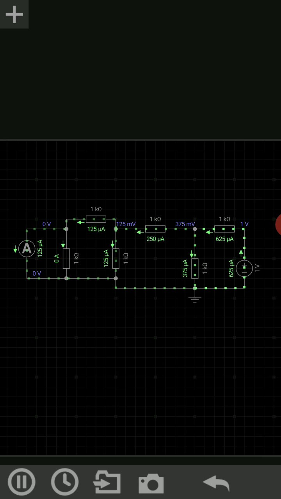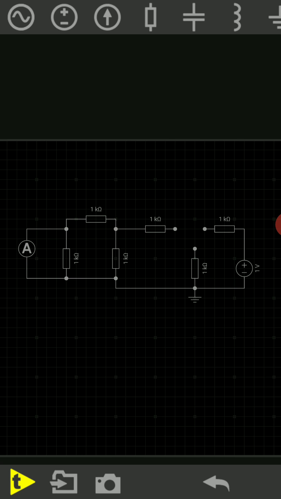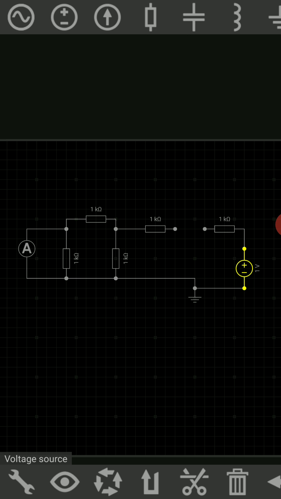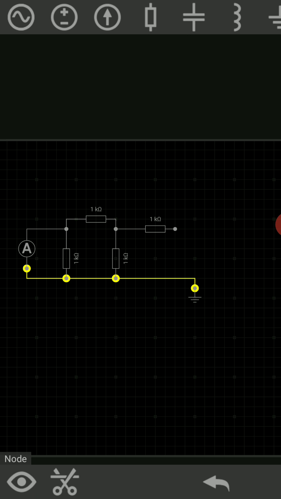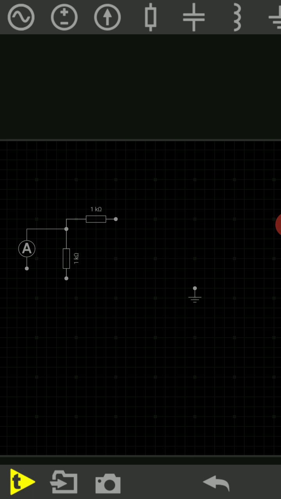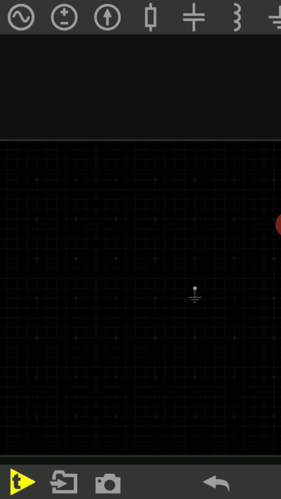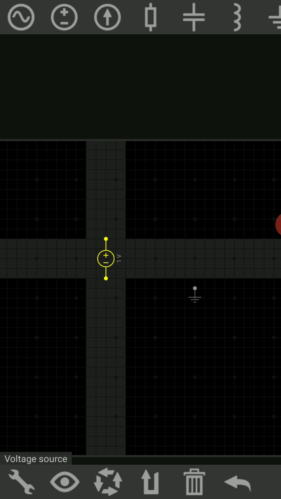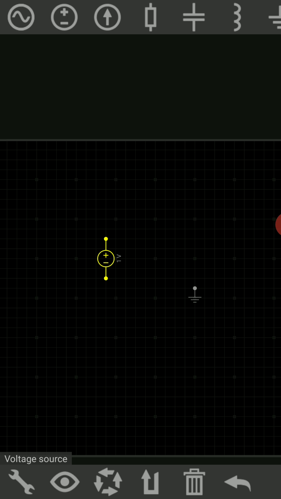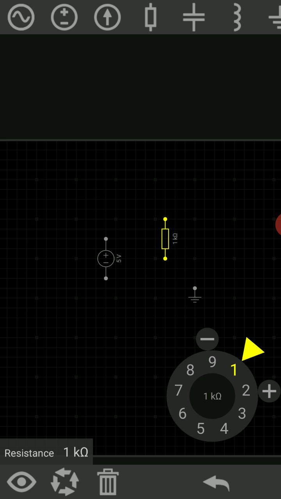Now if I want to verify the linearity property, I will verify the linearity property also. So once I will take here 5 volt, here 3 resistances.